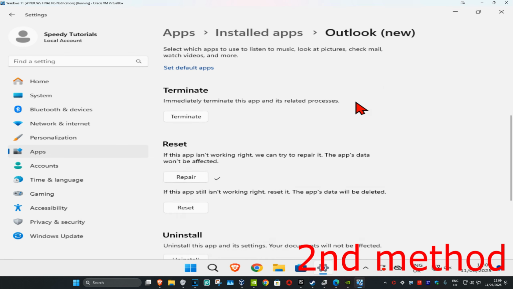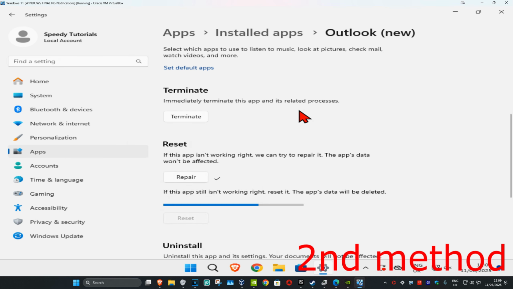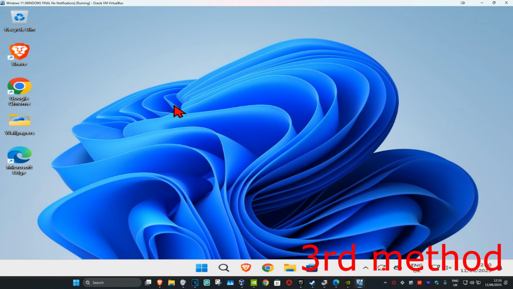If that's still not working, then you want to click on reset and then click on reset again. It's now going to reset Outlook. See if that works. If that's still not working, then for the last method, you want to head over to